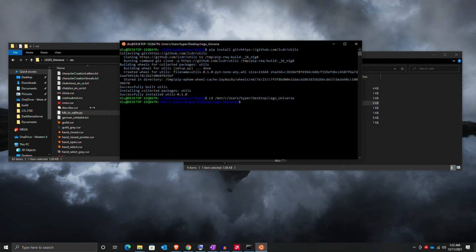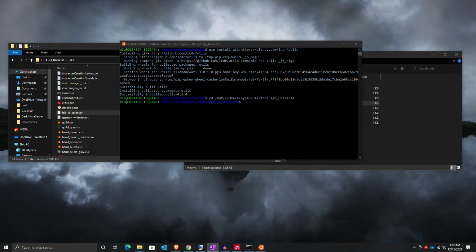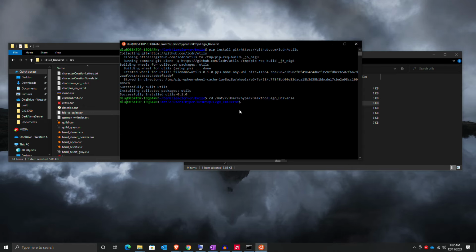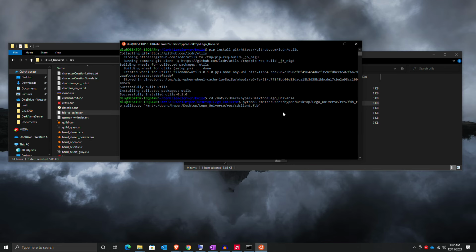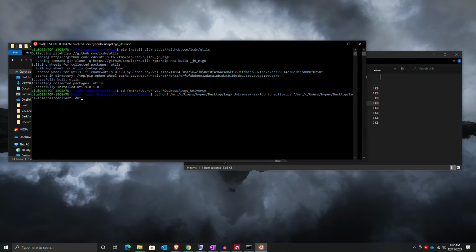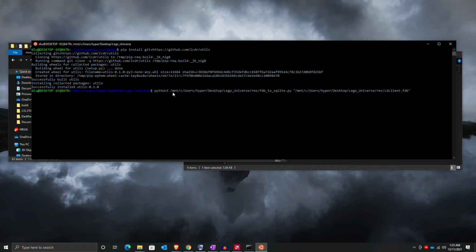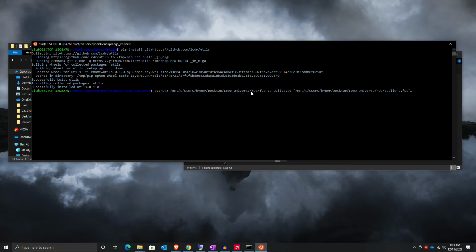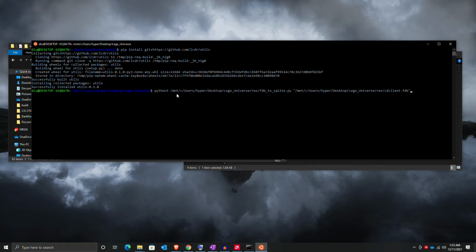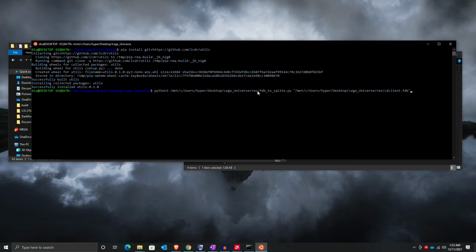So from here we are going to run a long code. I am going to paste it in, but you can pause it and copy it from here. I'll make this wider so that you can see it without being cut off. So it's Python 3, and then this is the directory to your client folder, and you need to make sure, just do exactly what you did when you changed the directory here. So again, for me it was mount C users hyper desktop Lego universe, and then you're gonna go to the res folder, and then you are going to type in the file name of the file we just copied over,